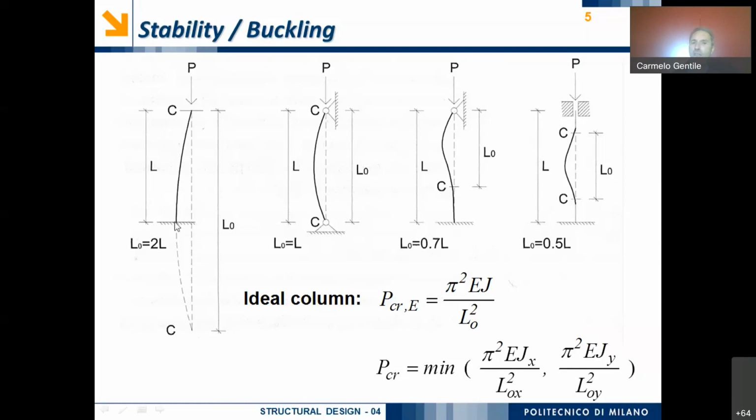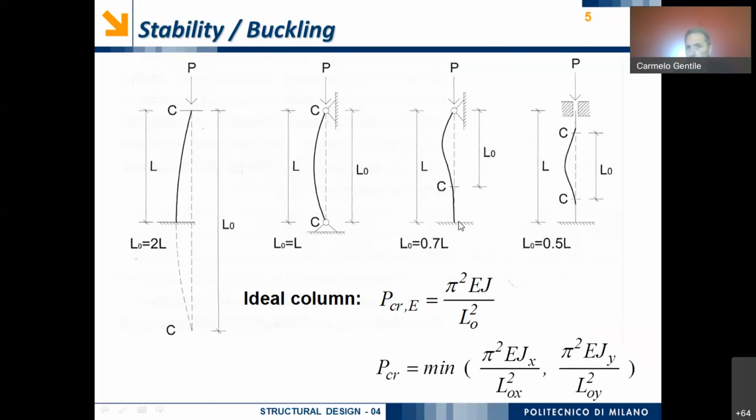If we reflect this deformed shape with reference to the fixed end, we obtain a double wavelength. And so in this case, the wavelength L0 is not equal to the real length of the column, but it is equal to 2 times the length of the column. In this case, fixed end and hinge. This is the deformed shape